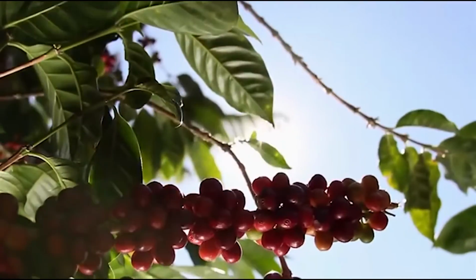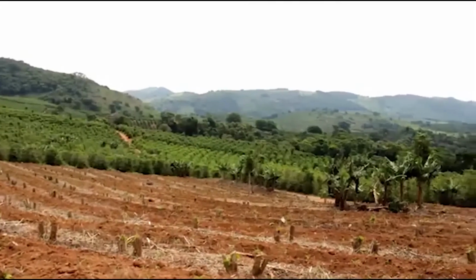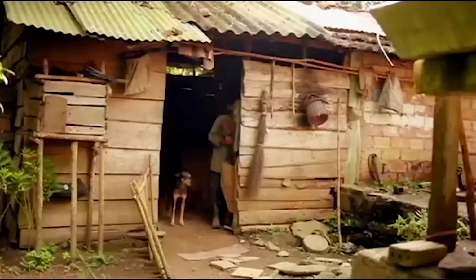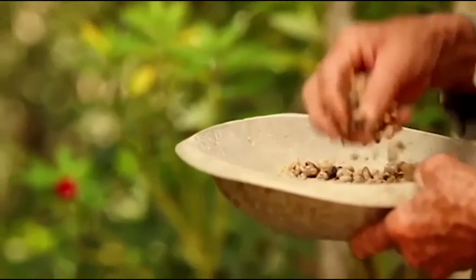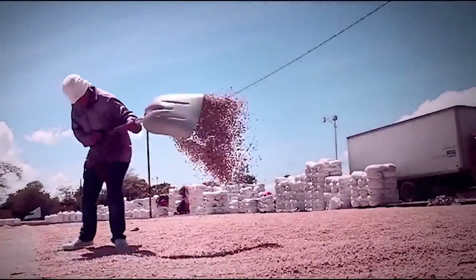The time taken for this process not only gives the beans a bitter taste, but also creates needless and damaging waste. And it's not just the environment that suffers. Farmers often make very little profit, as the majority of the income ends up with the distributors and the export-import companies. Understanding the inefficiency and unfairness of the coffee value chain inspired us to come up with a real game